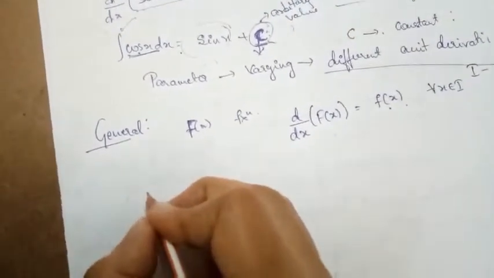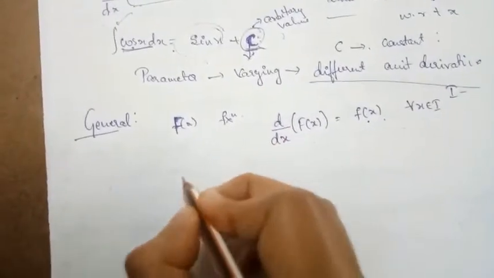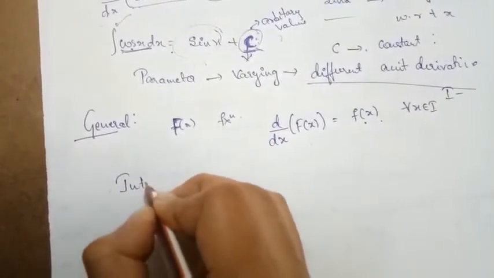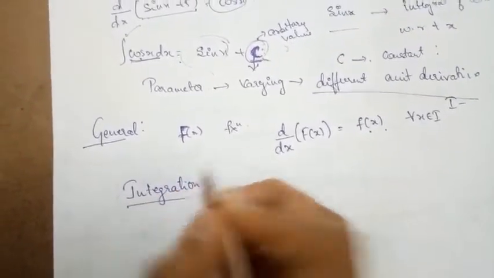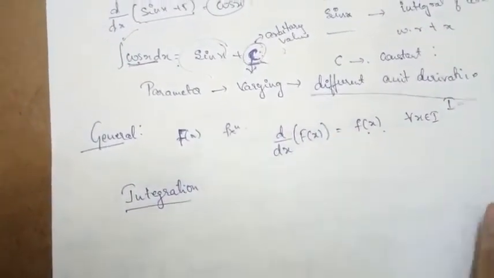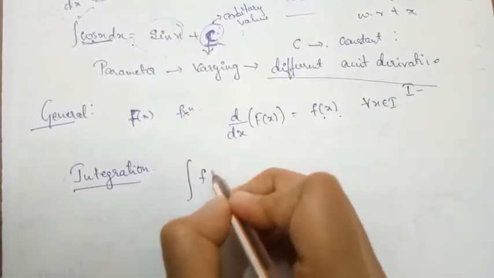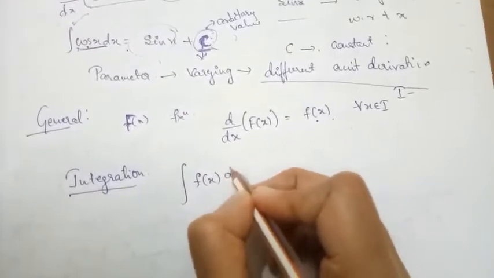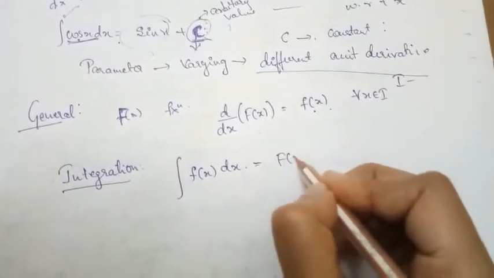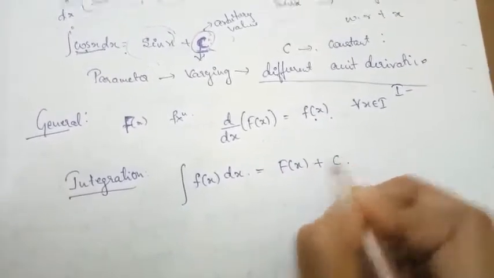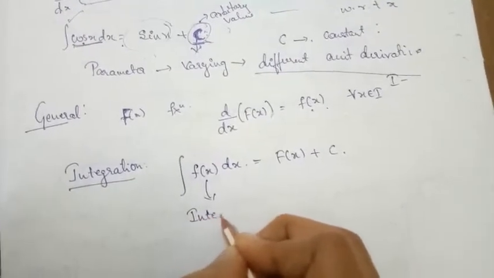When we talk about integration, we are finding the antiderivative of a given function. That is nothing but here we are considering the integral of f(x) with respect to the variable x, which is equal to F(x) plus c, where this f(x) is called an integrand,